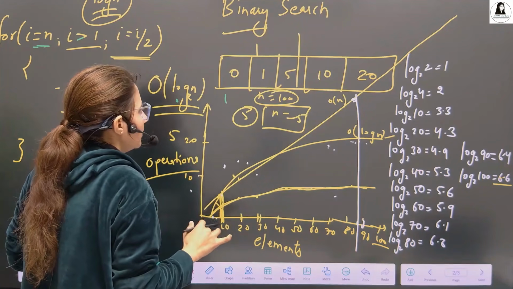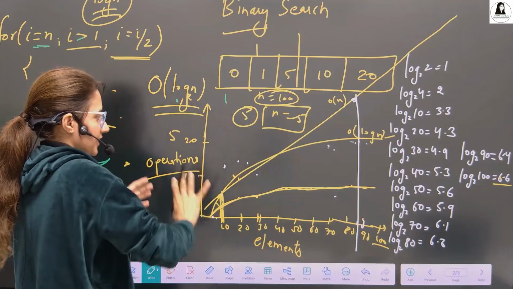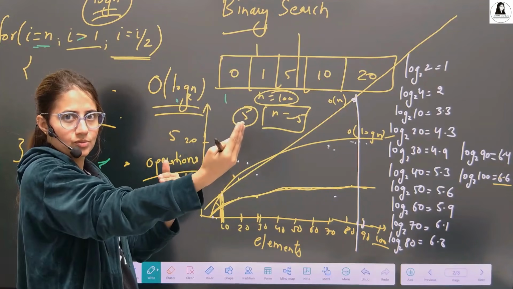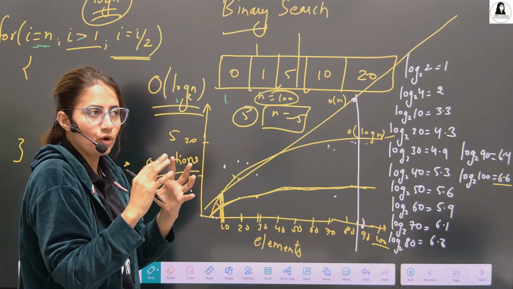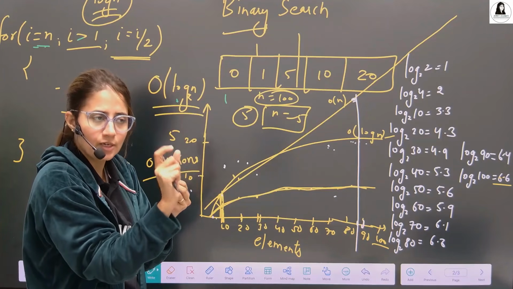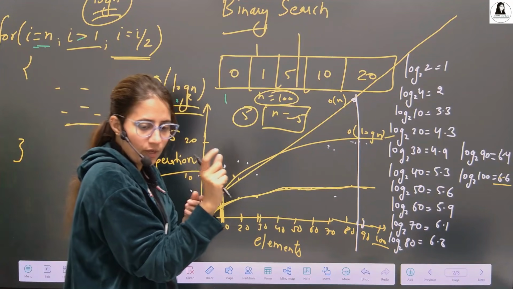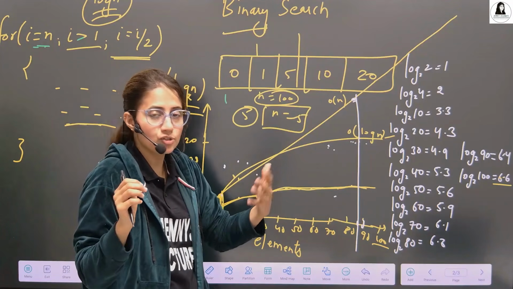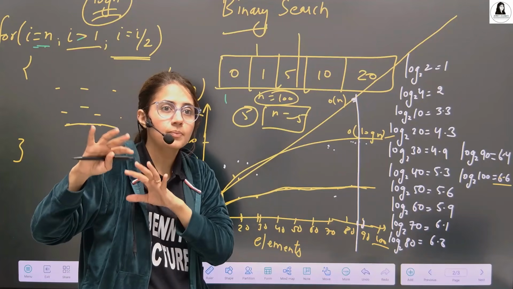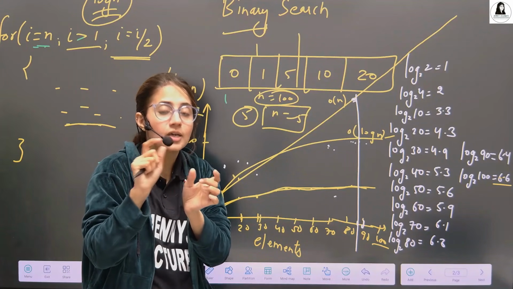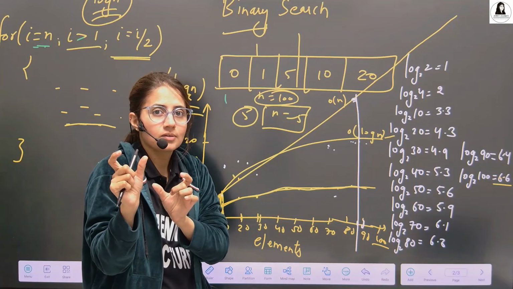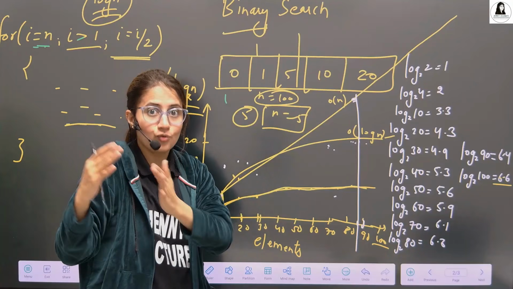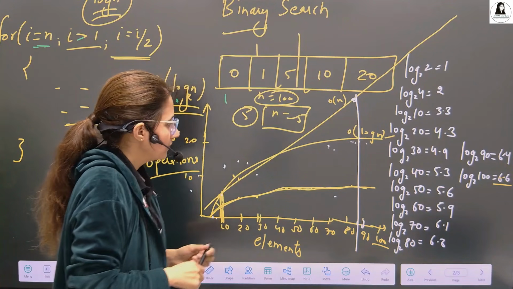Now, what is time complexity? It's basically giving you the relationship of how the time grows as the input grows. It will not give you the exact time in milliseconds or seconds. It will just give you the relationship. That's why I'm telling you it is a function of input size. It is a measure of the time an algorithm takes to run as a function of input size. It's a function of n, not exact time, right?